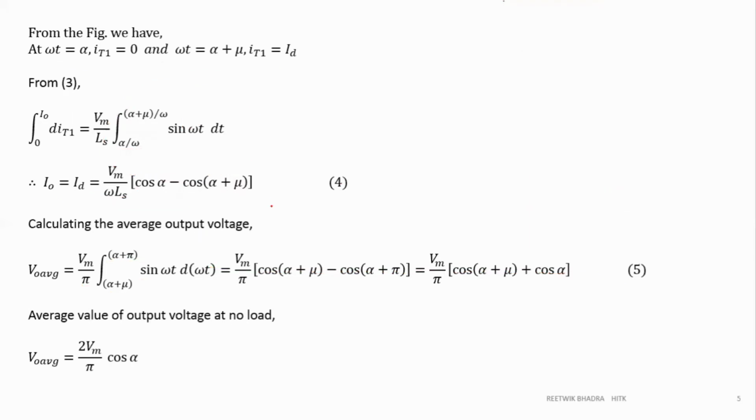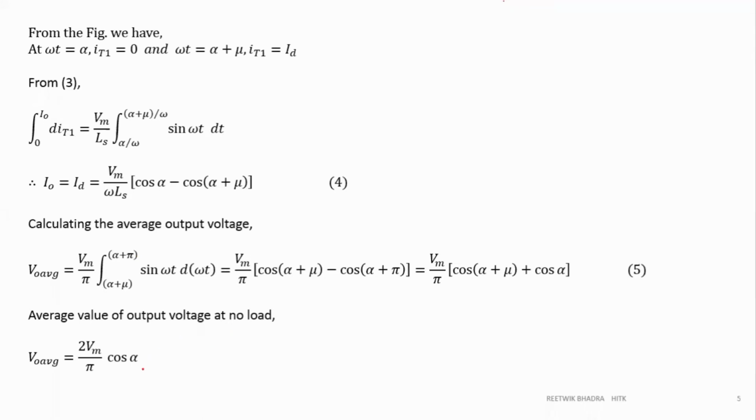I have shown all this over here, putting the limits. I've directly given the value. Please try to do the steps and check whether my values are same or not. If there is any error, you can tell me, or you can correct on your own. Because I have done so many typings over here, there may be some typing mistakes. Refer to your book, cross check with the formulas, and check with your own calculations whether same values are coming or not. That is up to you. I'm leaving it up to you.